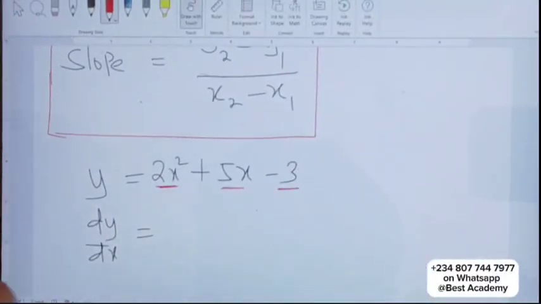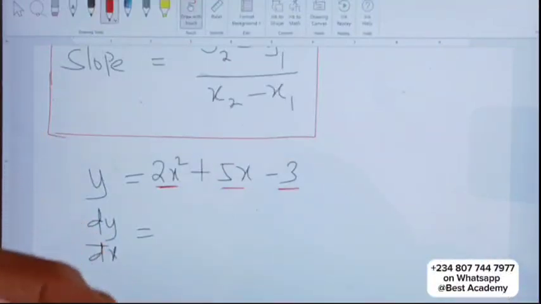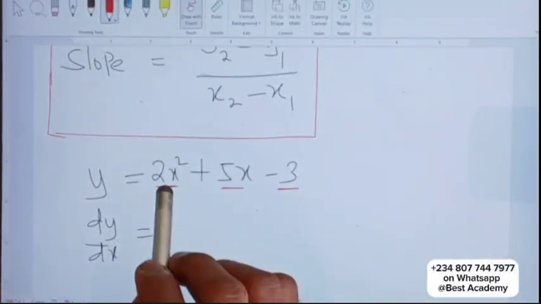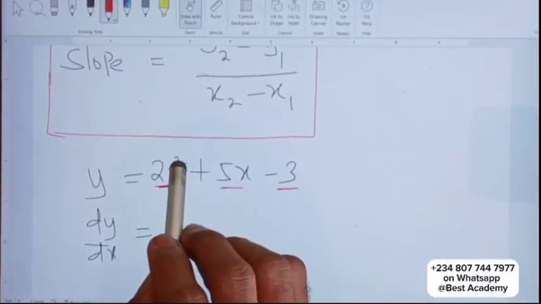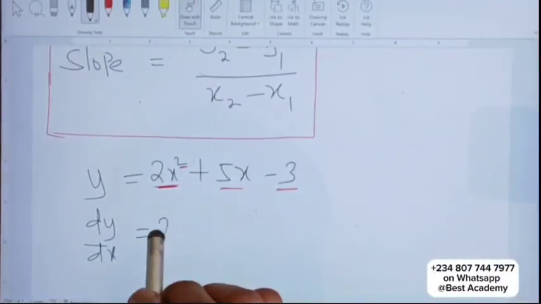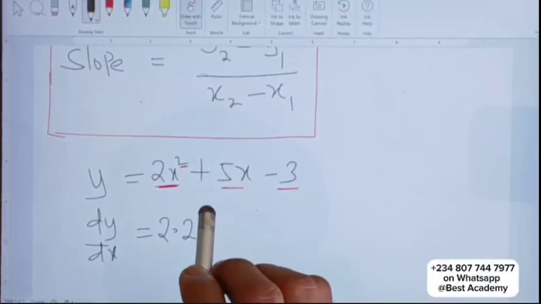Combining them together forms a polynomial. So to differentiate a polynomial, we differentiate term by term. Differentiate this: take the power down to the base and subtract 1 from it. This is going to be 2 times 2 of s raised to the power of 2 minus 1,